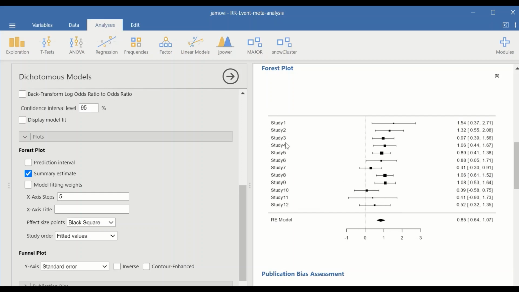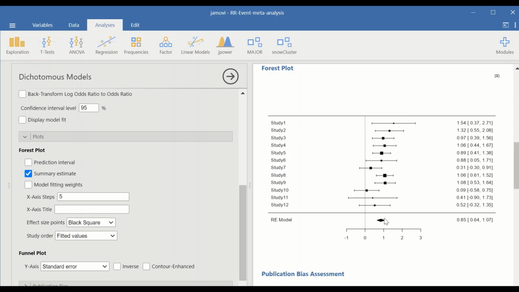So here the list of the studies from 1 to 12 is given, and this figure here is the risk ratio for each individual study, and the 95% confidence interval. The overall risk ratio is given in this area here, which is 0.85, and a 95% confidence interval is calculated, and a scale is given here. As shown in this diagrammatic representation, the small squares represent the risk ratio for each individual